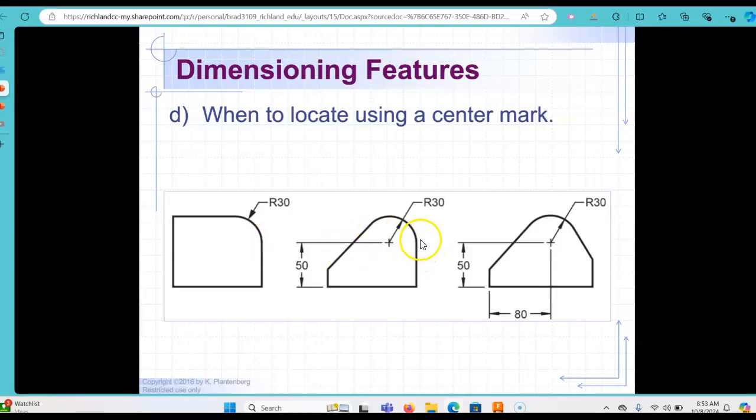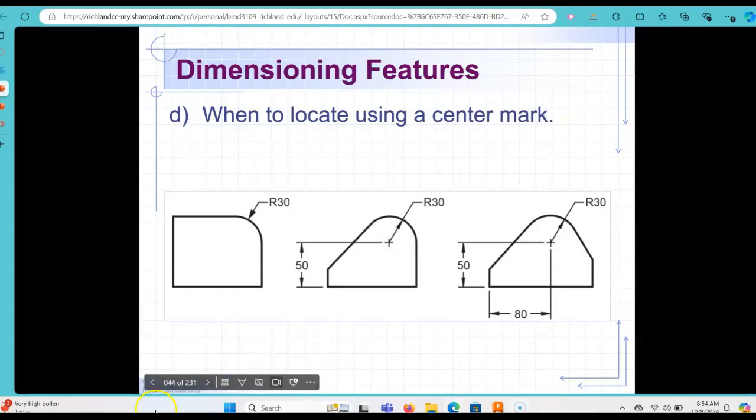Now, when we have something like this, we can say we know what the horizontal distance is, but we don't necessarily know the exact vertical distance. So here we're given that vertical dimension to call that out and make sure that you're aware of it. In this case, we really don't know either one, so we need both the horizontal and the vertical dimension in order to follow that